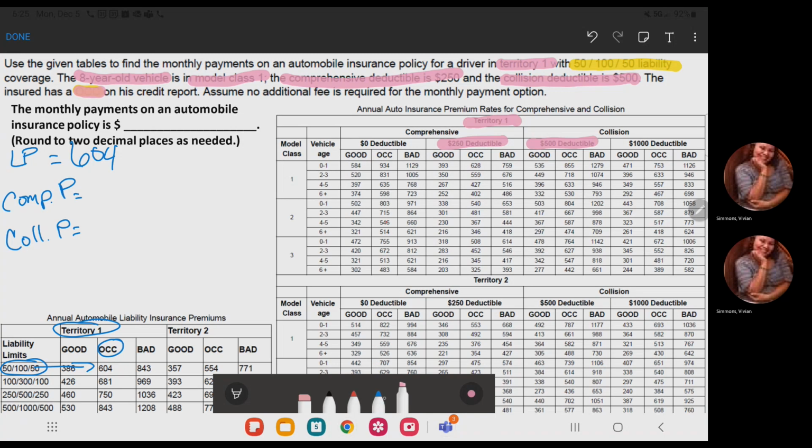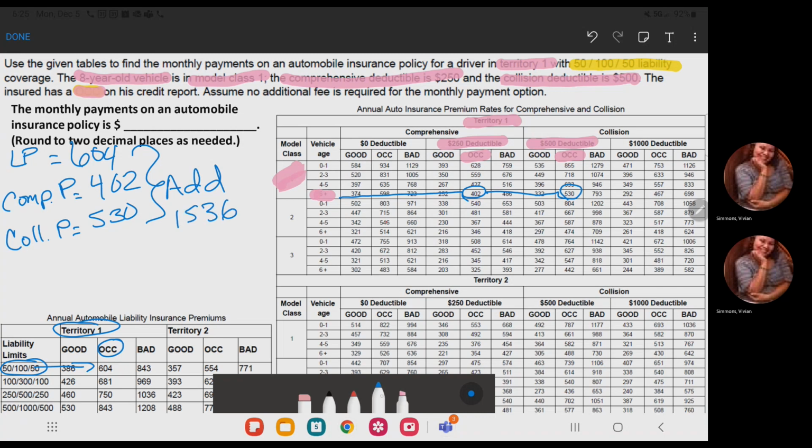So I got my deductibles, all that stuff. My model class. Model class is 1. And the age of the car is 6+ because it's 8 years old. Which means now I can move from here. OCC credit, let me mark that too. OCC under there, OCC under here. So now moving to my OCC credit, I got 402 and 530. So 402, 530, add them up, and you get